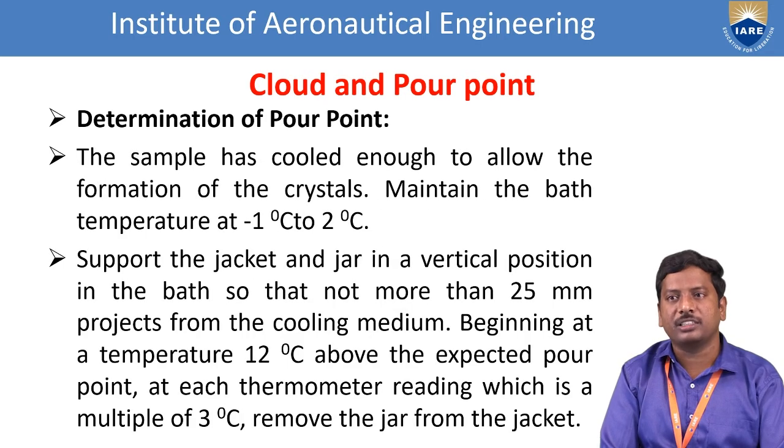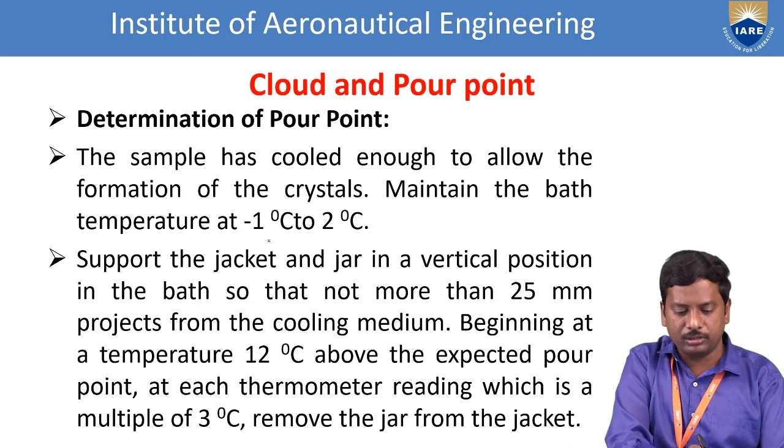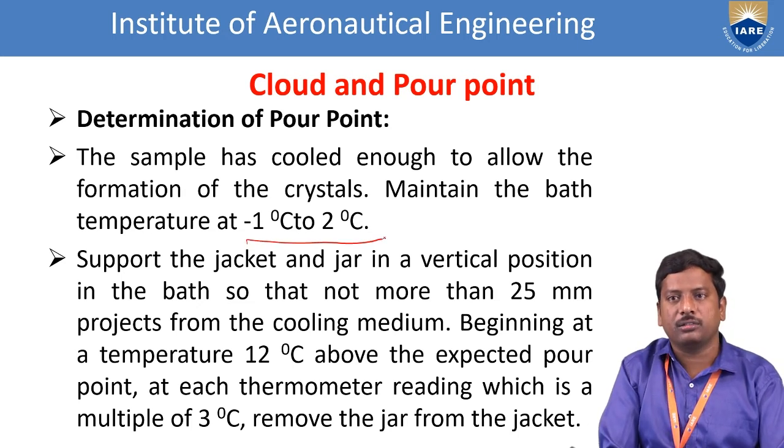The sample has cooled enough to allow the formation of the crystals. Maintain the bath temperature at minus 1 degree centigrade to 2 degrees centigrade. Now support the jacket or jar in a vertical position in the bath so that not more than 25 millimeters projects from the cooling medium. Beginning at a temperature 12 degrees centigrade above the expected pour point, at each thermometer reading which is a multiple of 3 degrees centigrade,